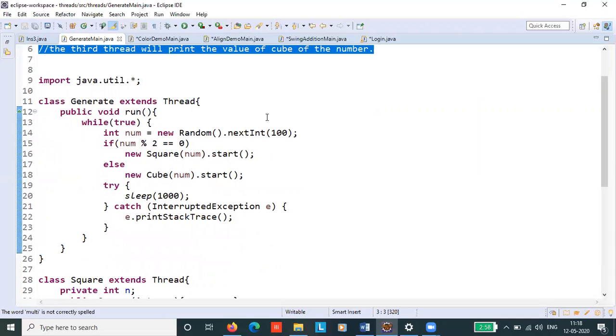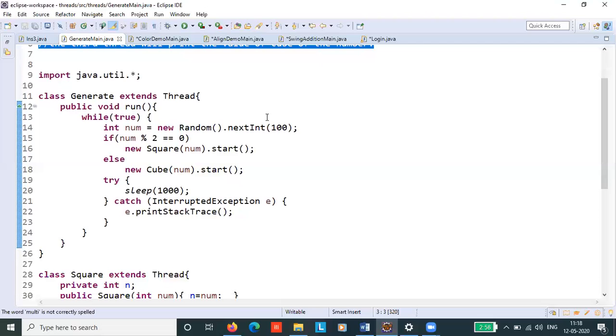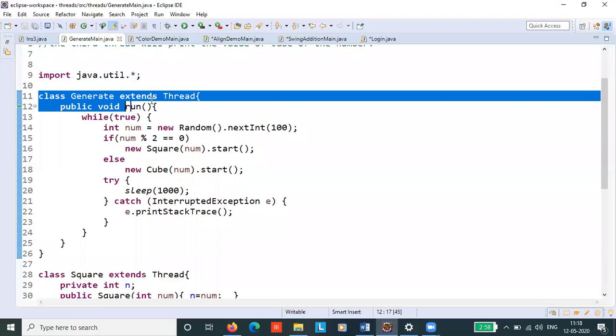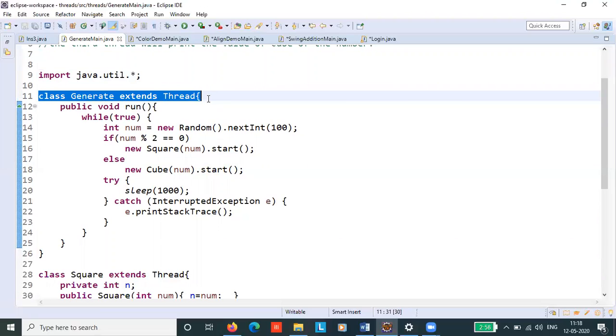Now let's go to the program. The first step is importing the java.util package. Then we have a class called generate, which is the first thread.